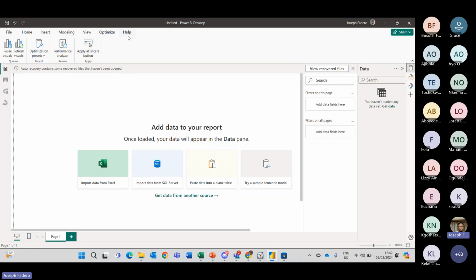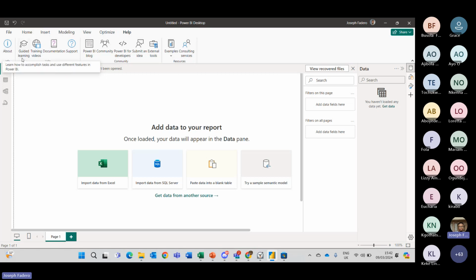Now, how can we get started? What can we use to help ourselves? We have guided learning. So if you want to learn, there's this section of Power BI already on your screen. Guided learning, you have training videos, you have the documentation for Power BI, you have support, you have the Power BI blog, you have the community.